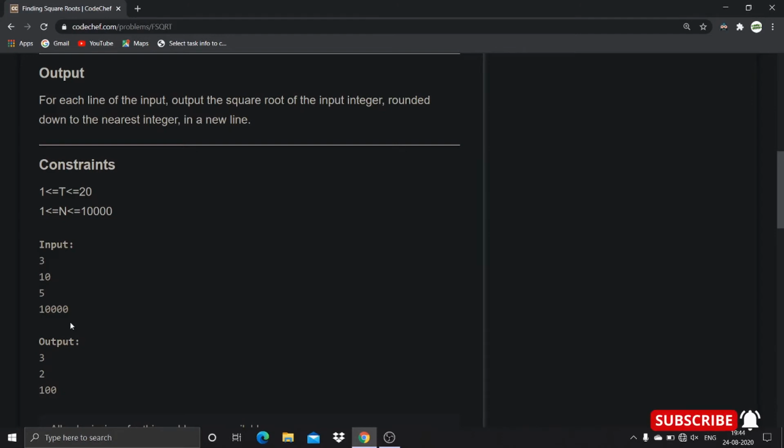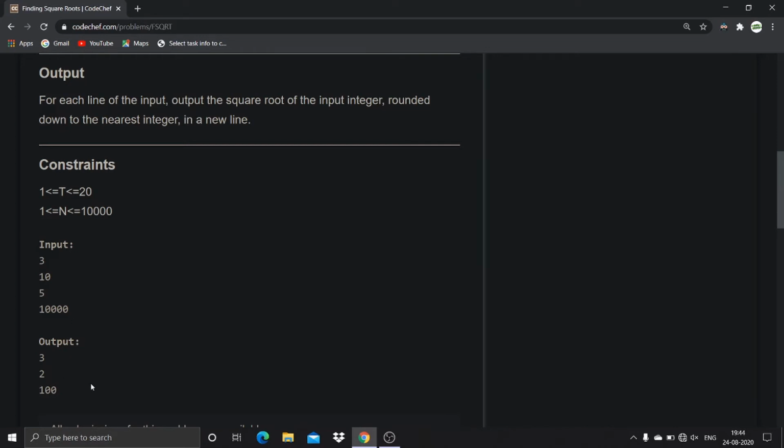When it comes to the second integer n, that is 5. What is the square root of 5? You will get some number in decimal. What is the nearest perfect square of 5? 4. So what is the square root of 4, which is 2? So you are going to display 2.